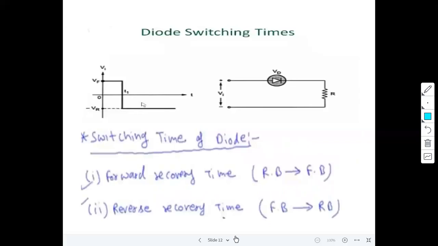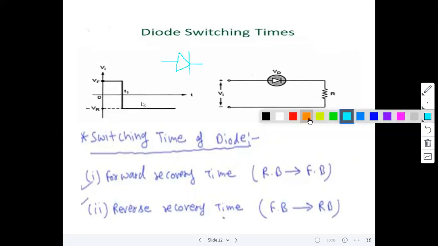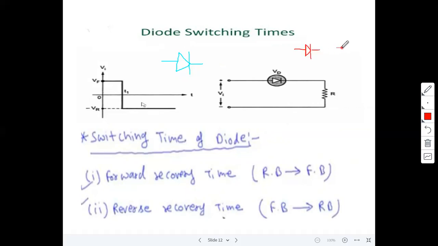Okay, there is one more topic in the second unit, that is the last topic: diode switching times. Already we know the operation of a diode in detail, forward bias and reverse bias. But we are discussing in detail the analysis of these switching times. Why? Because so far we think that when the diode is in forward bias, it simply acts as a short circuit.